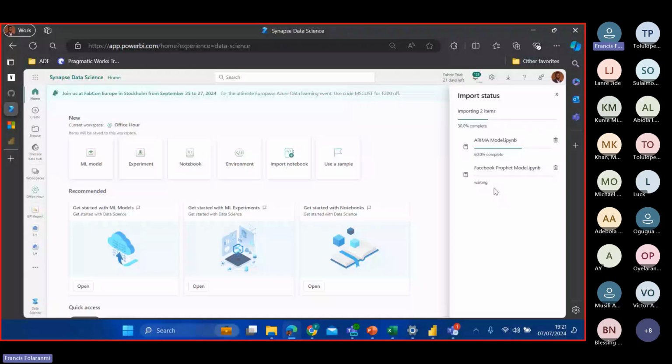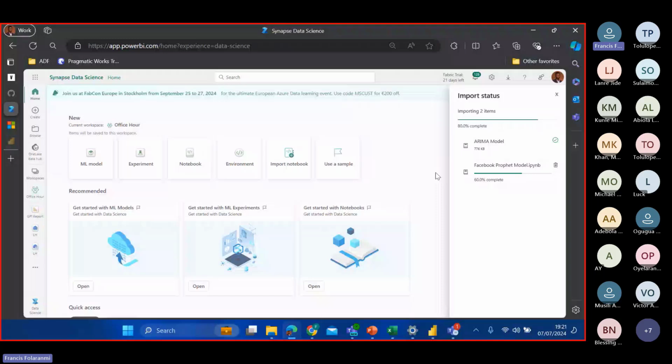Okay, I think one is uploaded, so I think we can work with that while we wait for this second one to be uploaded. So I'll go back into my workspace. Let me cancel this. Then I'll come into my workspace. Then in my workspace, I expect to see the notebook. So this is the Iron Man notebook.